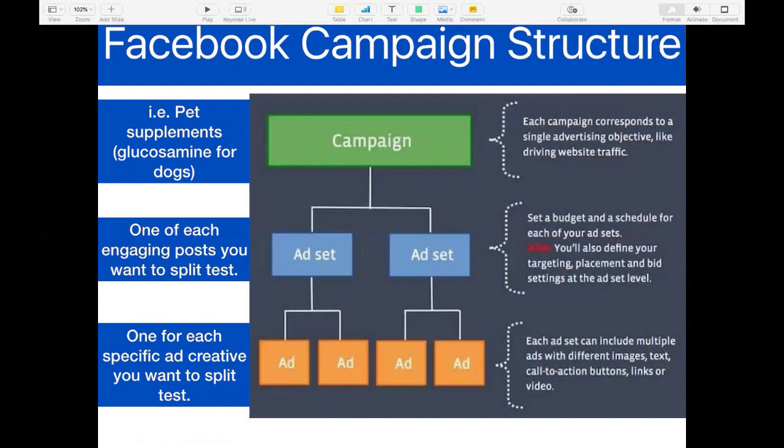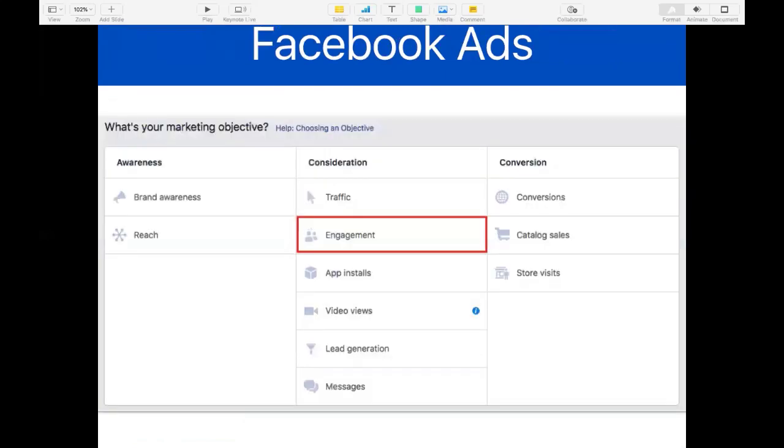So alrighty, now that you understand how the Facebook campaign structure works, let's start by showing you how to create an engagement post. So, okay, here's a screenshot of what you will get when you go into your Ads Manager. So pretty much you create a new ad and then click on the create ad button, on the top right or top left of the account,